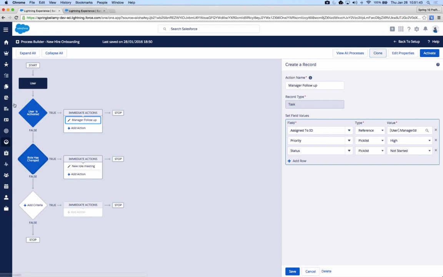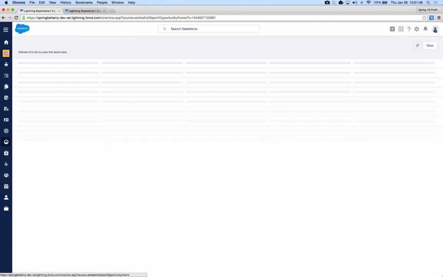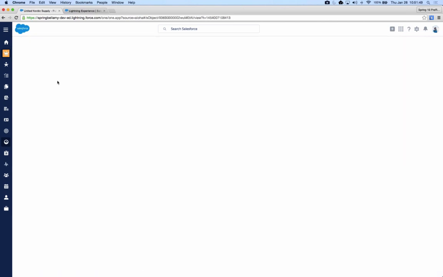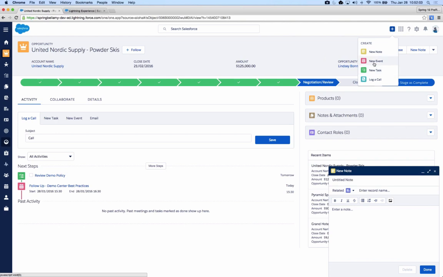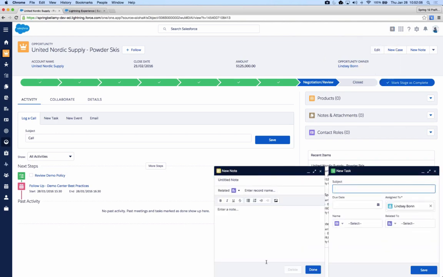Now let's go take a look at our opportunities, and I want to show you a little bit of the Lightning UI enhancements, not all of them. I'll talk more about them later, but a couple of the enhancements I have to point out because I think they're fun and really useful is this new global actions plus sign up here on the top. What this gives your users the ability to do is to create notes and tasks in this docked environment here. So I could create a note from anywhere and say, maybe my call notes, and it's going to suggest records I viewed recently. And if I notice at the bottom here, it's automatically saving as I go through.